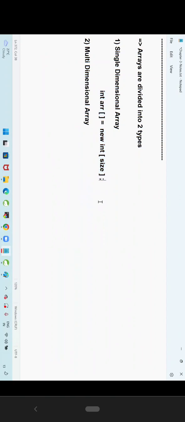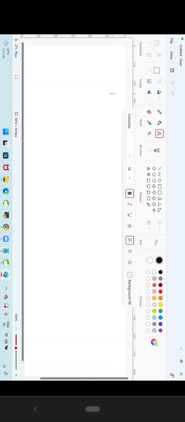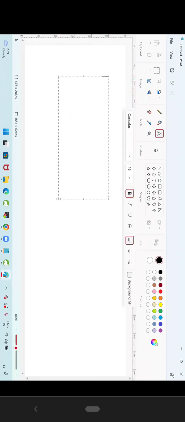That means we are going to store the data in just one dimension, or just as one row. For example, I want to store my data like a matrix, with rows and columns, in my array. So now I want to store 1, 2 as well as 3 and 4. I want to store 4 values in the form of rows and columns. Then we will go for